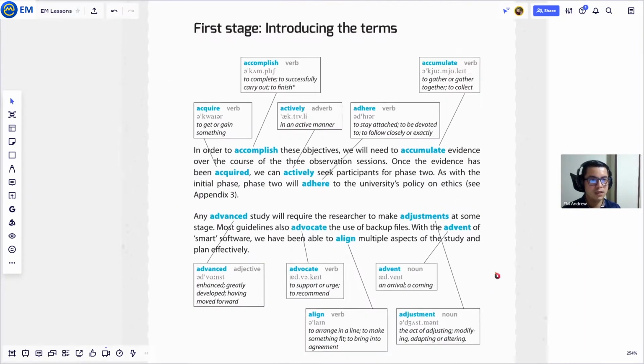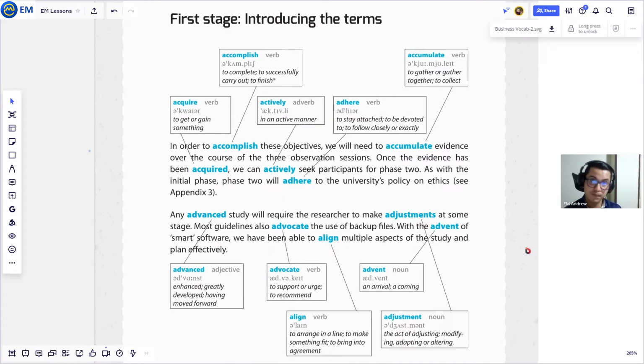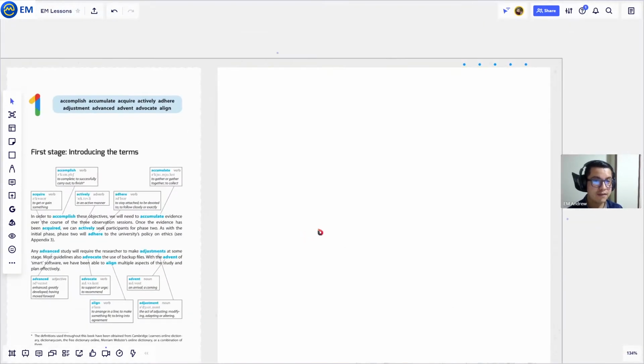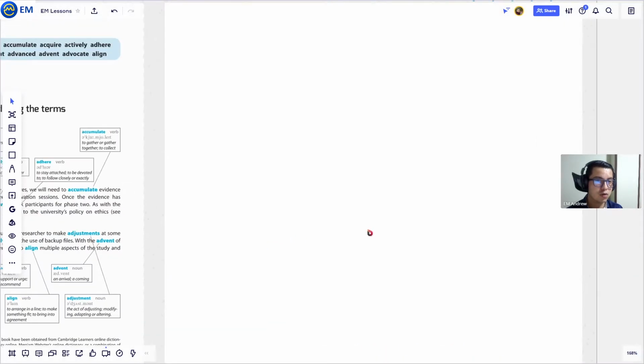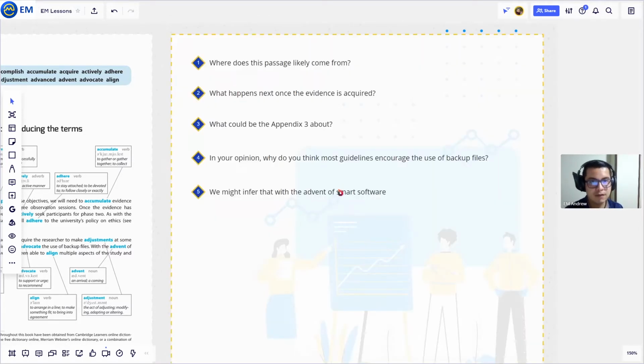All right, that's it. So please have a look at every single term and the brief explanation that we have over here. Pretty good. Now what I would like you to do is to think of a couple of questions that I have here about this passage. So, later on, we are going to check a couple of possible answers so we can compare them. Let's have a look.